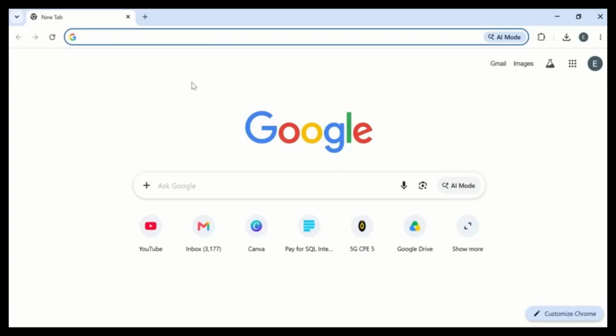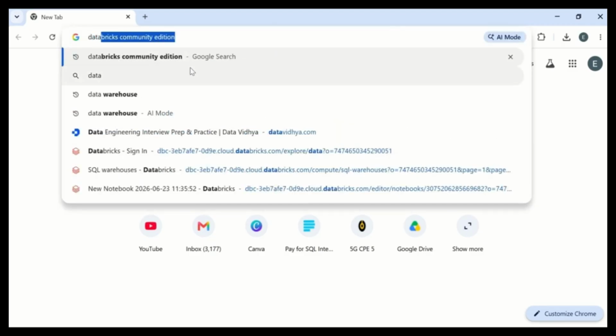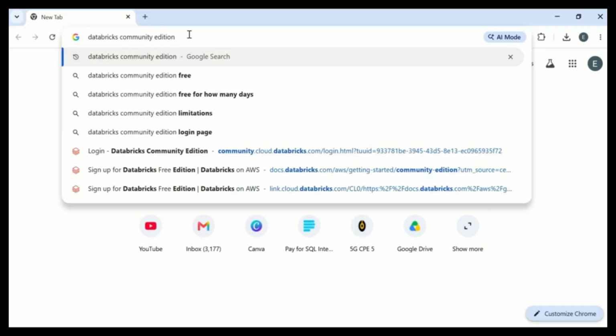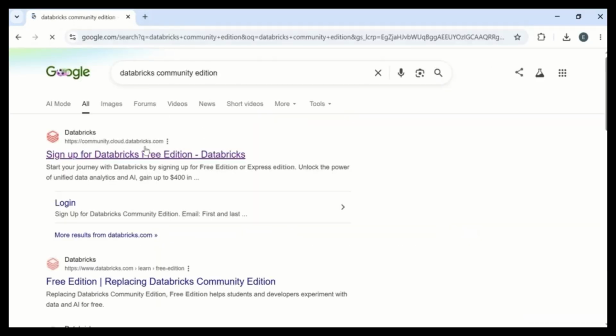So let's set up the data warehouse. For this case we are going to use Databricks, and then we are going to pull our data into our data warehouse, that is Databricks. So let's set up the Databricks account. So I'll just write Databricks Community Edition,